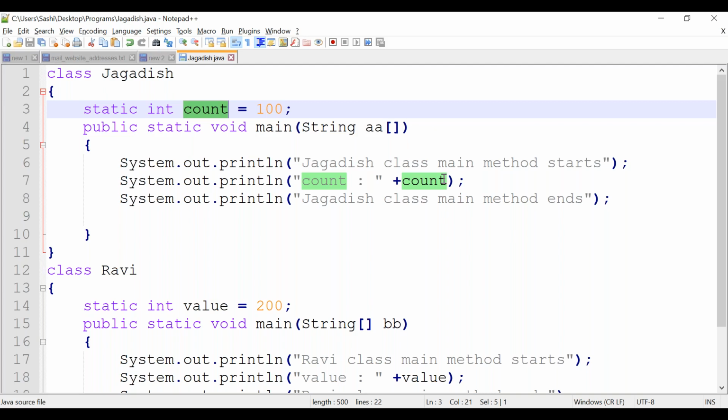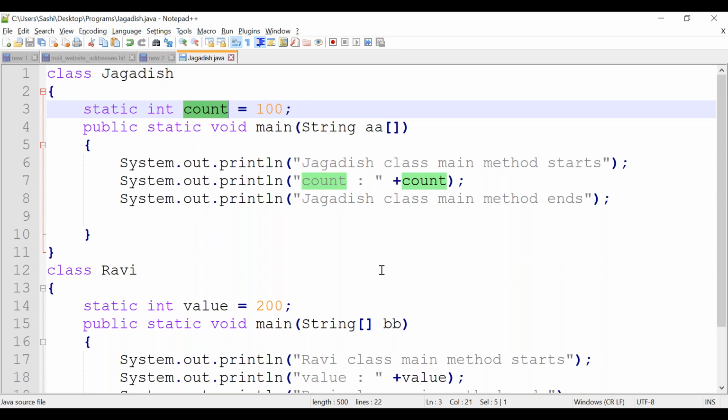Inside the Jagdish class we have declared the count variable. That count variable, what we are doing inside the Jagdish class only, inside the main method we are trying to use it. Same class variables or methods we are trying to use inside the Jagdish class itself.